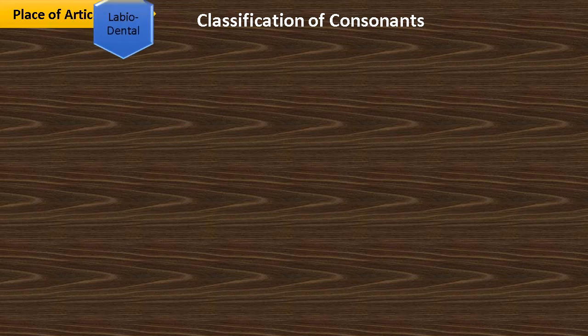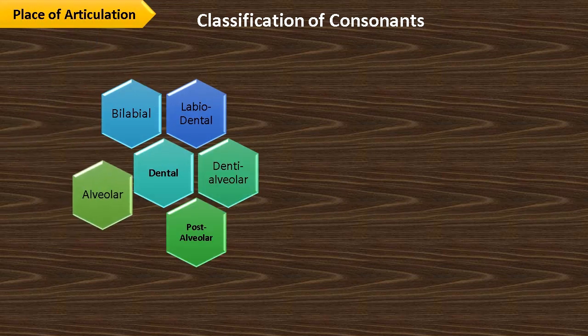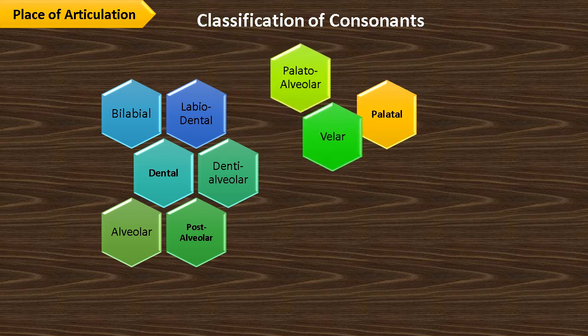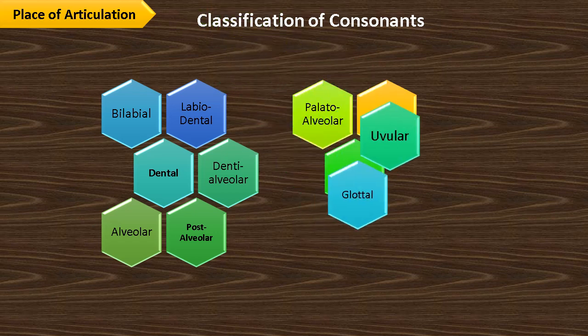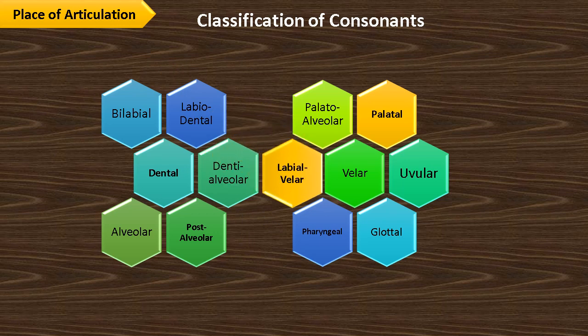In the last video, how do we divide bilabial consonants? Today we are going to see what the alveolar consonants are. Alveolar is the passive articulator in producing these